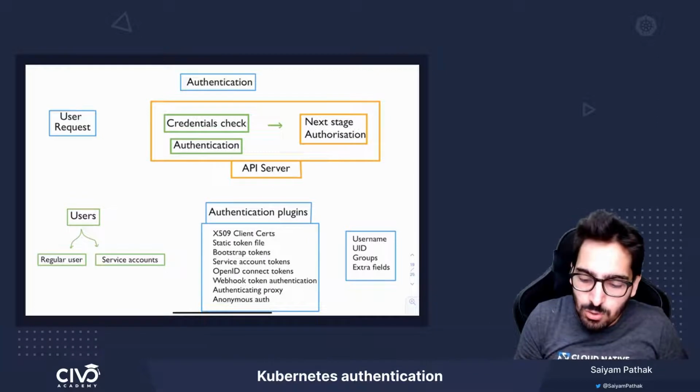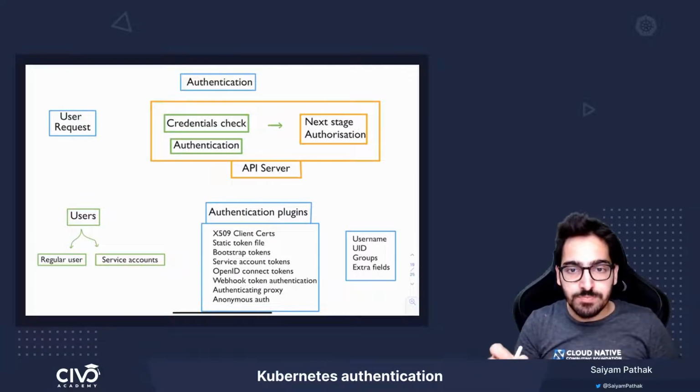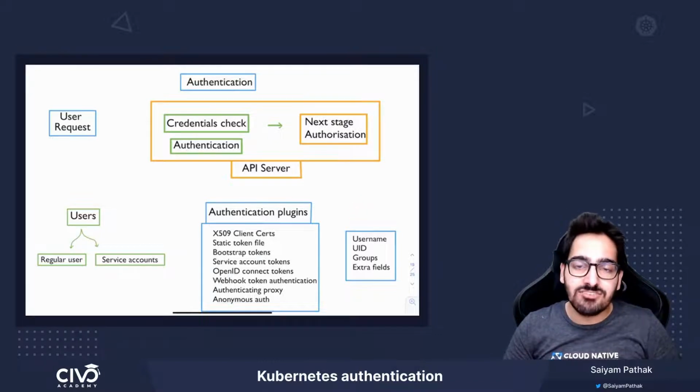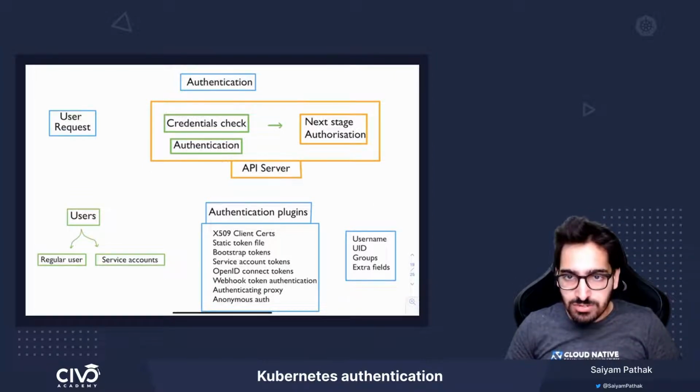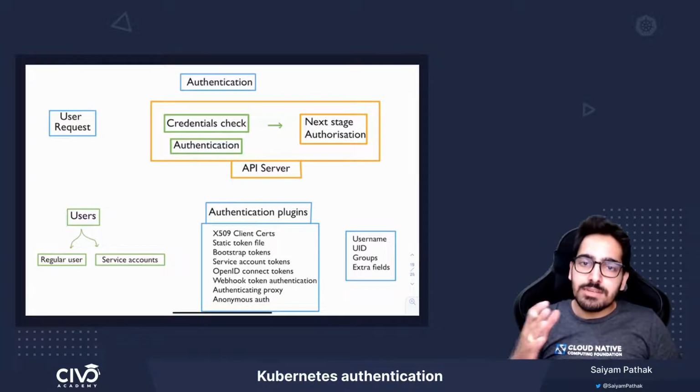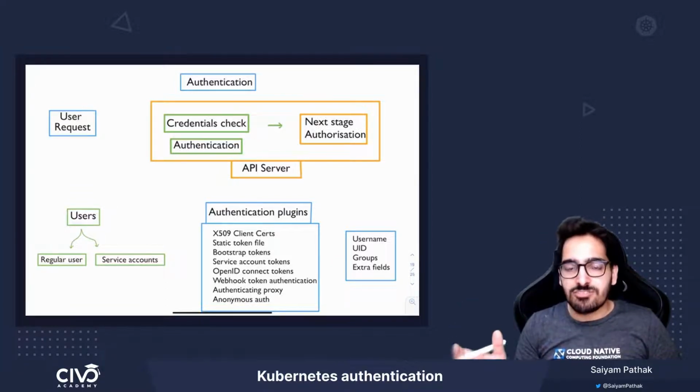Now, before going to the authorization stage, there is something called user info, which gets attached to each request. For the regular user, this info will come from the external user management. And for service accounts, it is natively managed by Kubernetes. So, username, UID, groups, extra fields, they all will be added before the request goes to the authorization stage after